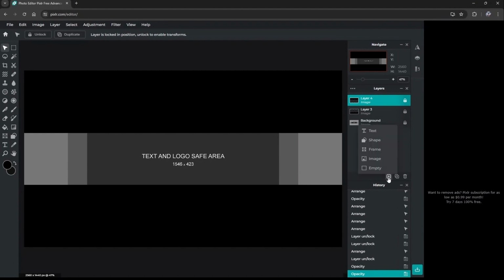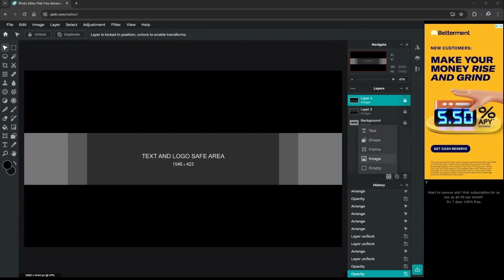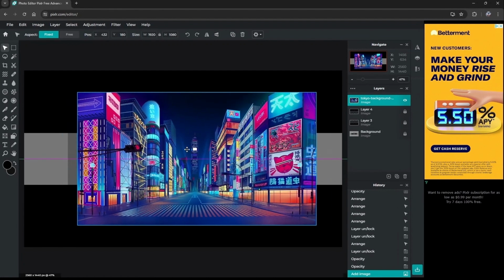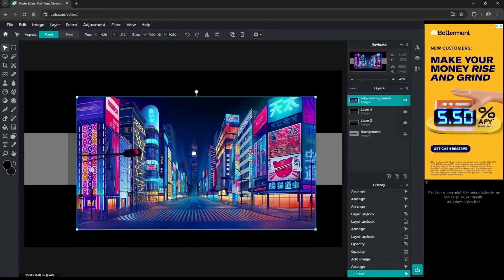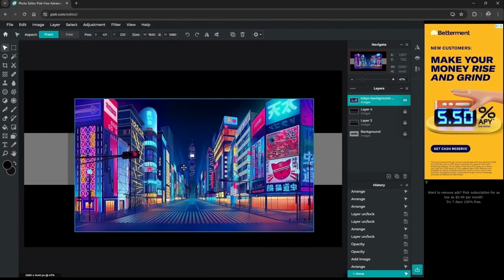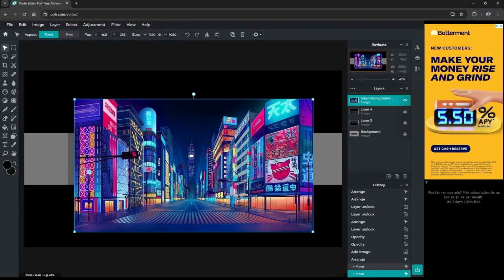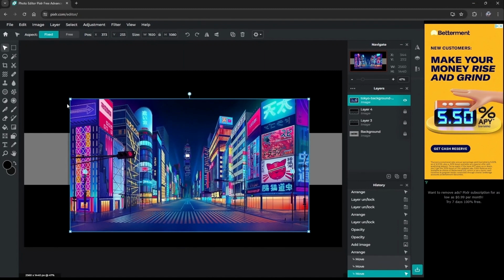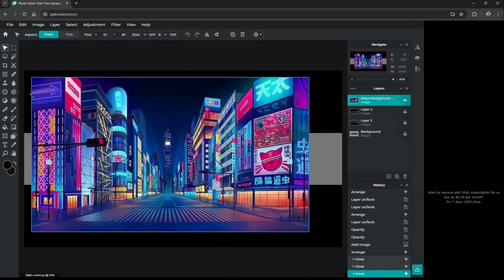Once you get your image, you're going to click on images, and it's going to open up your files. You want to click on the background that you want to use, which is the background that I'm going to be using. Since you see it's like this, it doesn't look too bad, it looks pretty good, but it doesn't fully cover up everything. You can't really just stretch it over there, it just gets bigger, right? So